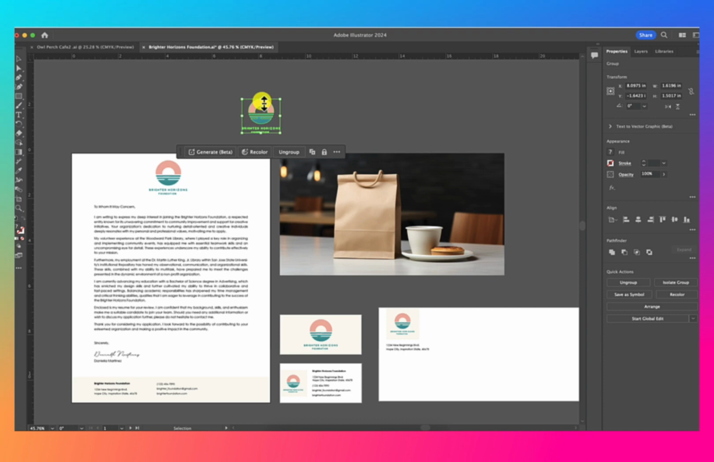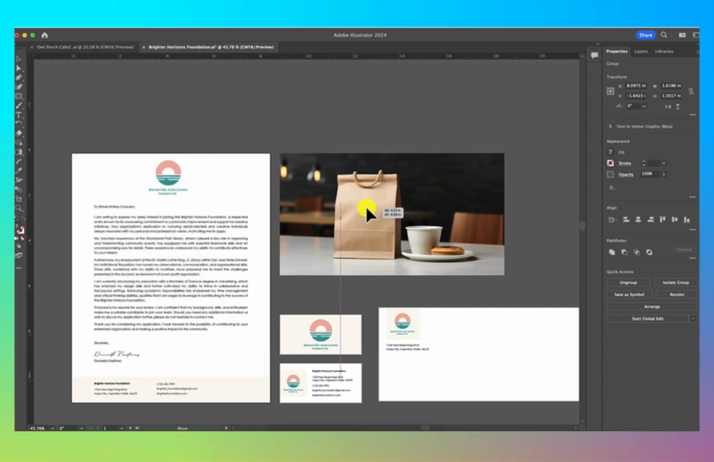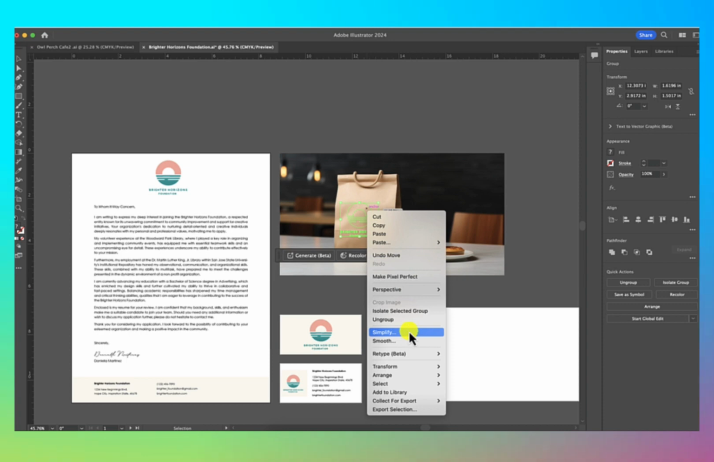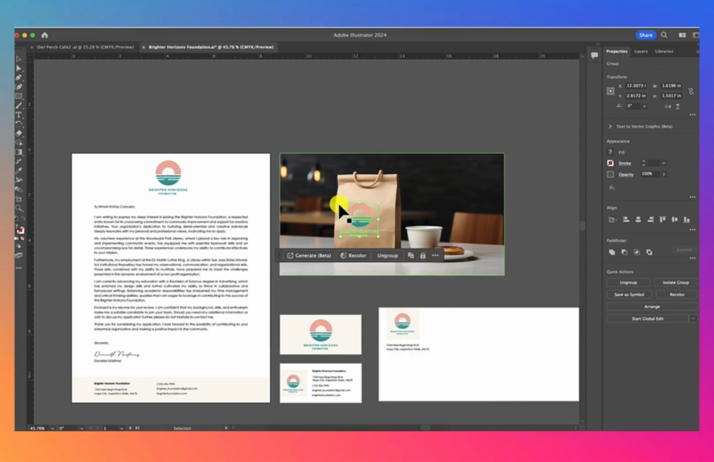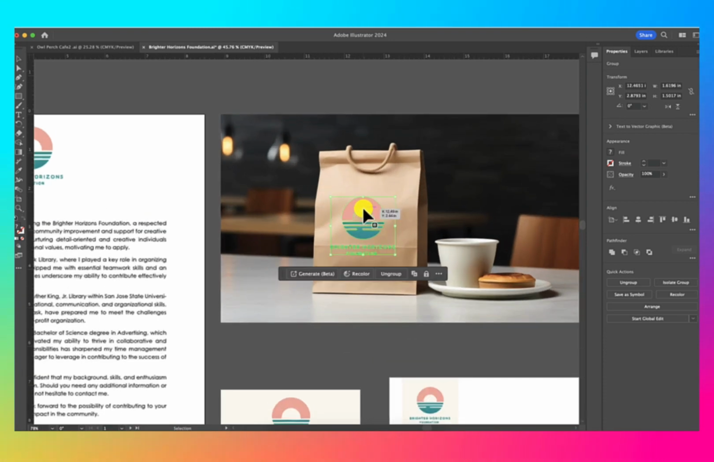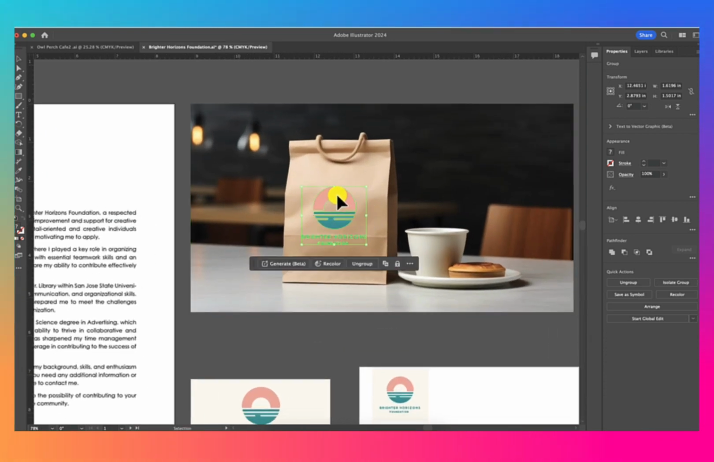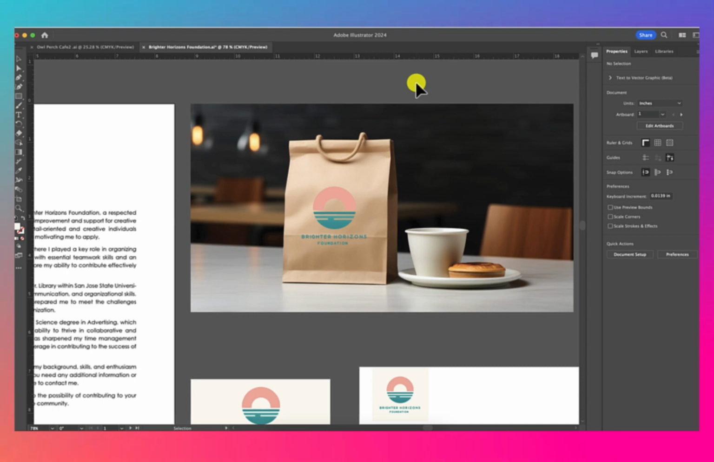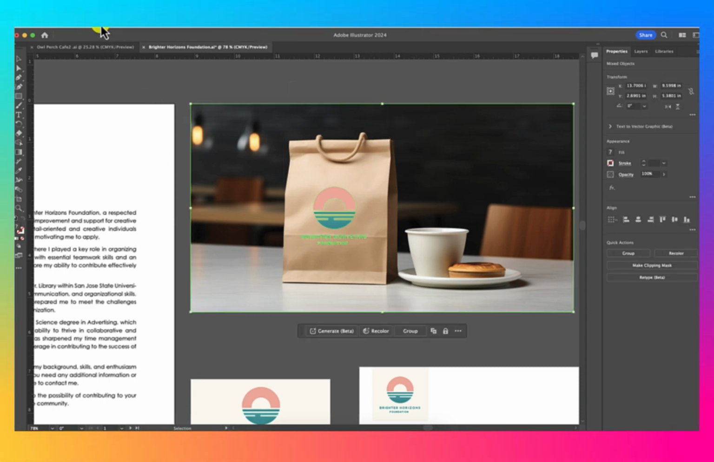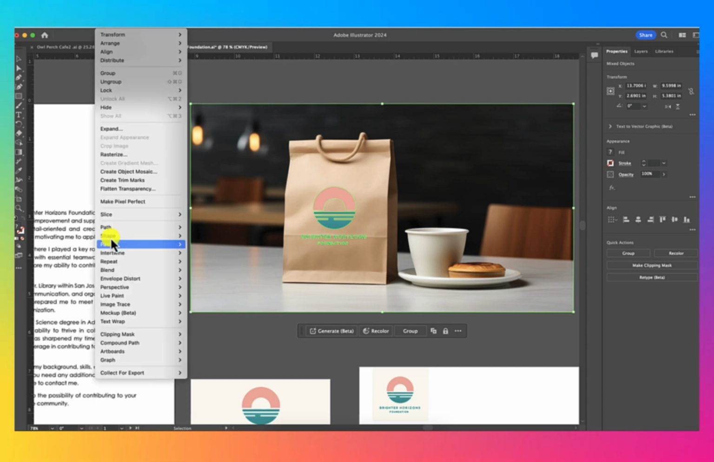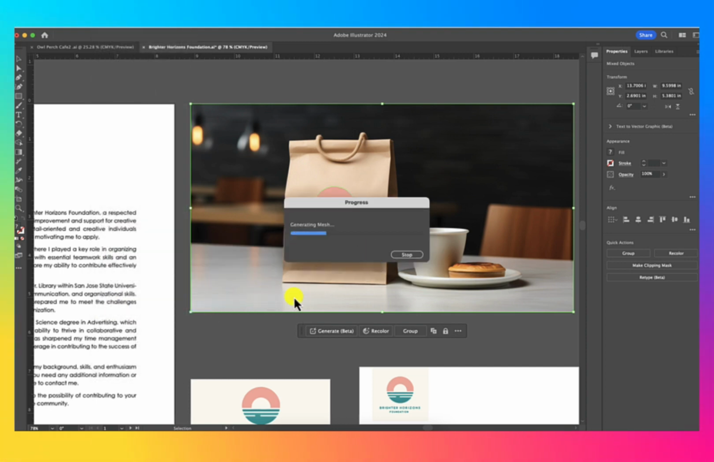So I'm going to duplicate my logo, Edit, Copy, Edit, Paste, and place it on an image. So I'm going to right click, Arrange, Bring to Front. Here's my logo. I want to place this on this cardboard box. To do that, all you need to do is select the image and your logo at the same time, and then go to Object, Mockup, Make. It will take just a few seconds,